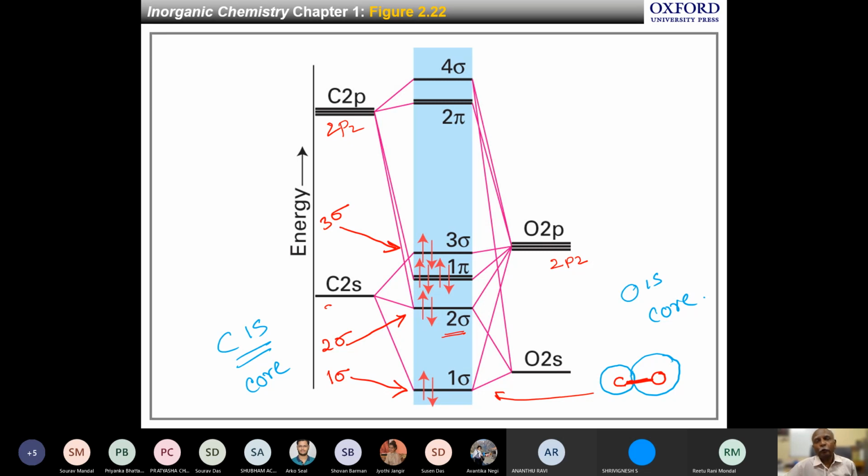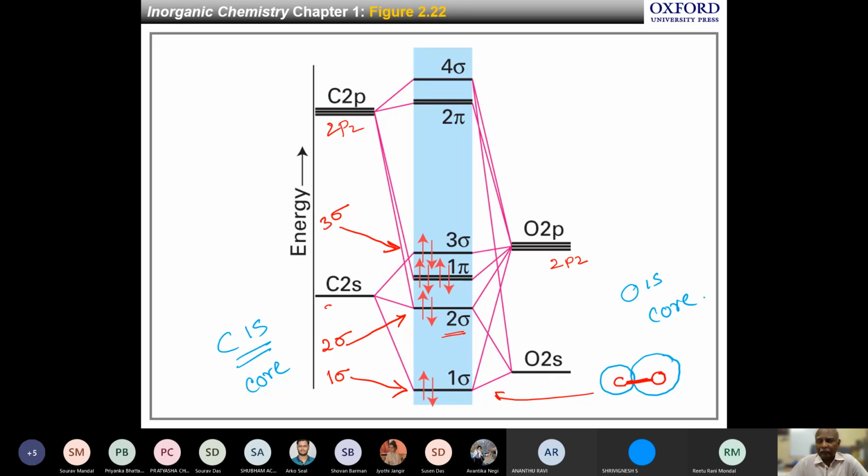But what I want to tell you is the following. In the valence bond picture, we talked about hybridization. And hybridization is the mixing of the s and the p. In the case of molecular orbital theory, although we do not call it hybridization, the mixing of 2 orbitals having the same symmetry occurs. So the net result, or the net understanding, is going to be similar.